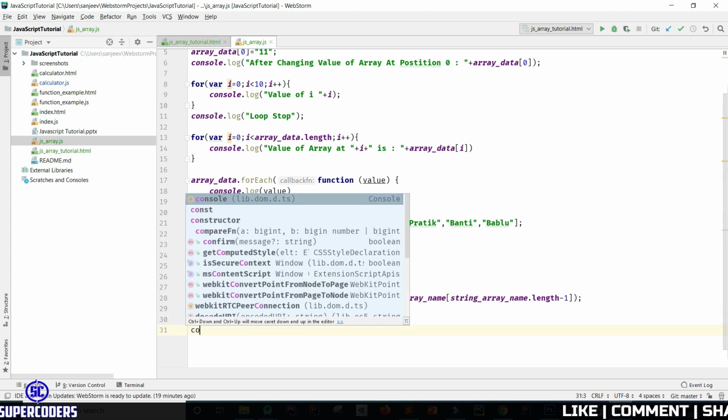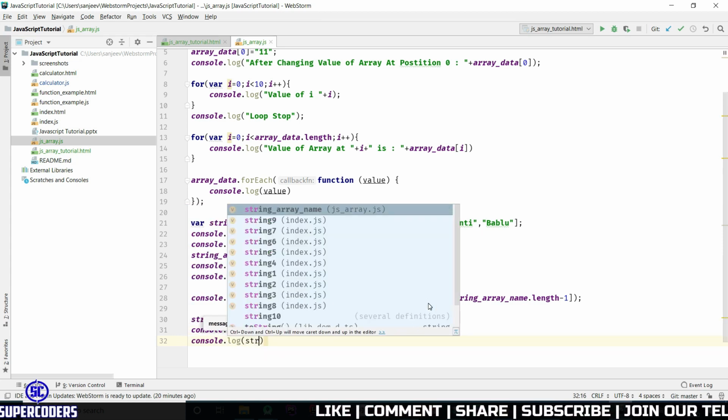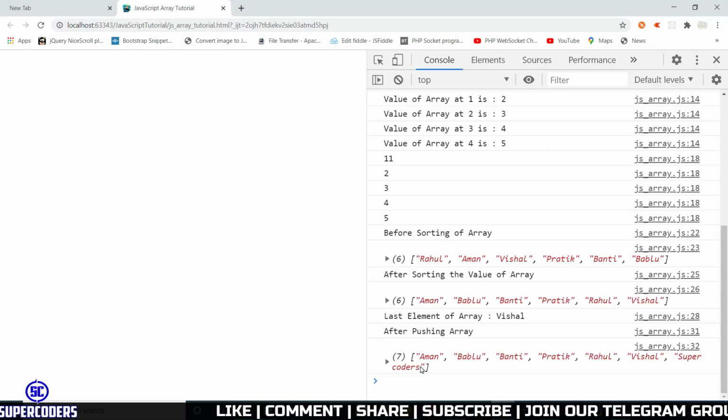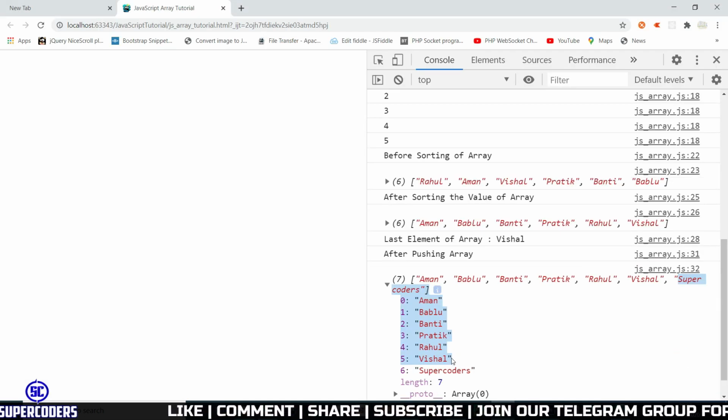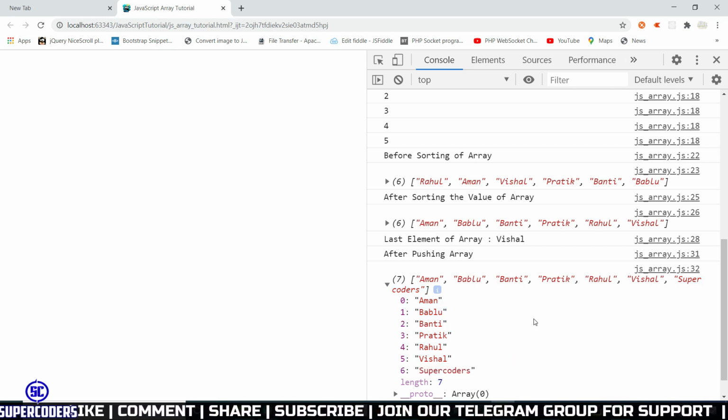Now let's see what happened if I console.log after pushing to array. So let's print the data again, console.log string array name. So run. So you can see I successfully pushed the new data, which is supercoders, in position 6. So in this way you can add data into array at the last position.